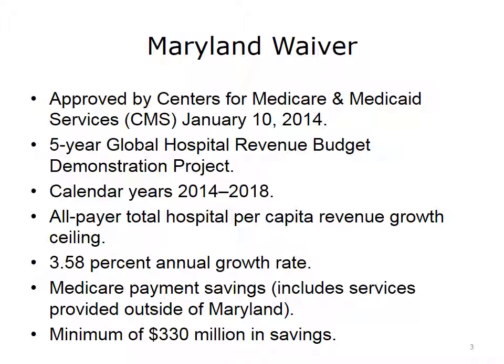In return, Maryland guaranteed to CMS savings of a minimum of $330 million on all Maryland Medicare recipients over the course of the waiver, regardless of whether they live in Maryland or, quote, snowbird, unquote, to Florida. The reason that CMS wanted the savings is that they had been paying higher rates in Maryland than in any other state, because they were not being cross-subsidized by the private insurers. From the point of view of the state, the net effect of this provision is that it places all Maryland Medicare recipients into a giant virtual ACO with a global target.